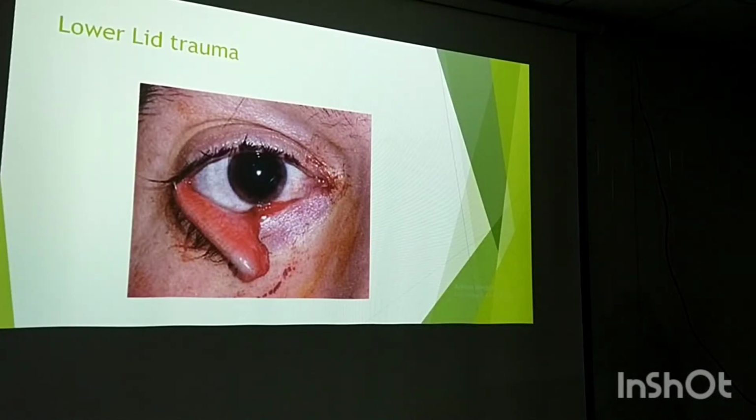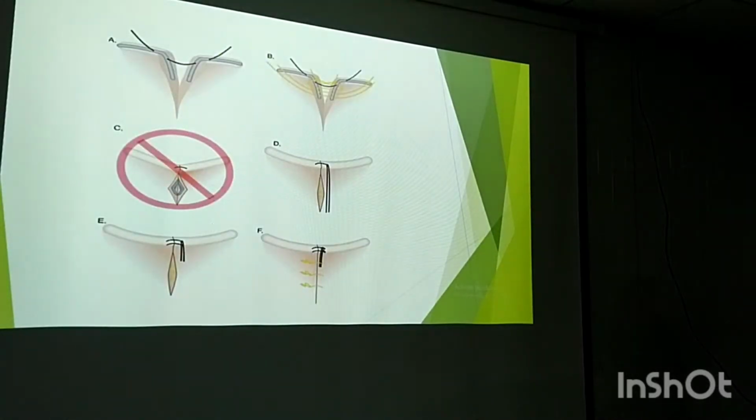We all know these meibomian glands, Zeiss glands, lacrimal glands, and many more. So we have to repair it. Not just the lid margin, but we have to repair this tarsal plate as well. This is the tarsal plate. See here. We have to repair all these, and later on we